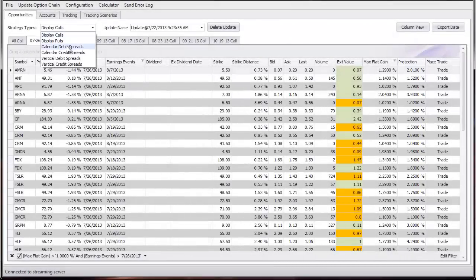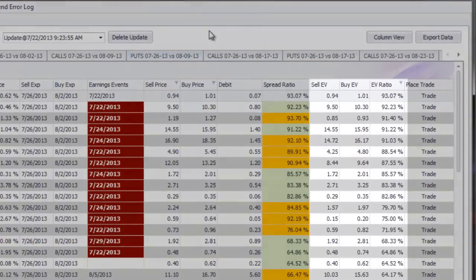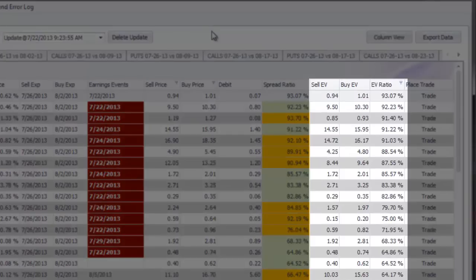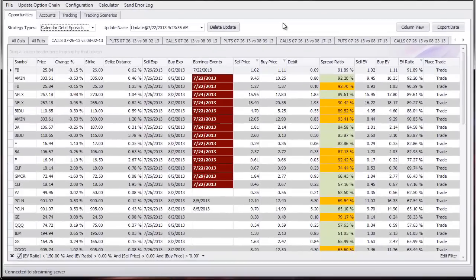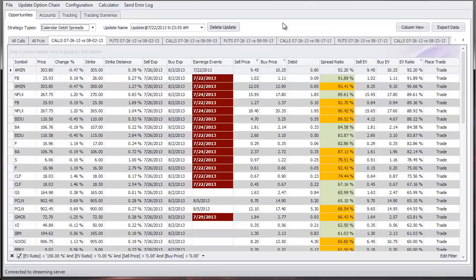Calendar debit spreads are sorted by EV ratio from highest to lowest. The EV ratio is the extrinsic value of the option being sold divided by the extrinsic value of the option being purchased. This shows the relationship between the two values. The closer the two values are, the more narrow the spread is proportionally. Since the spread is also the maximum risk, this means that the higher EV ratios tend to have less risk